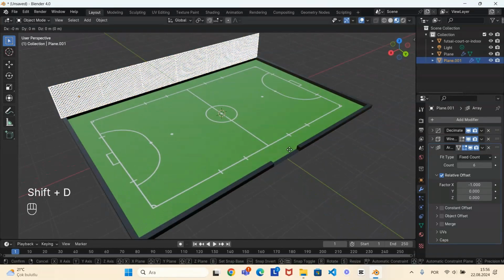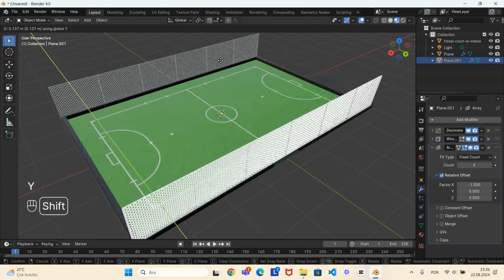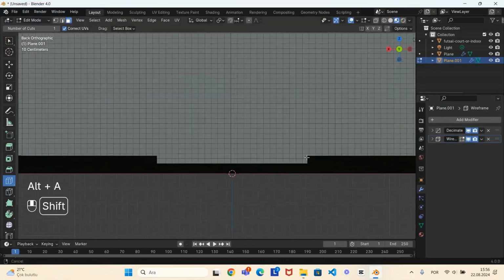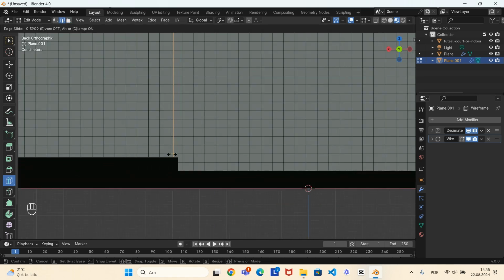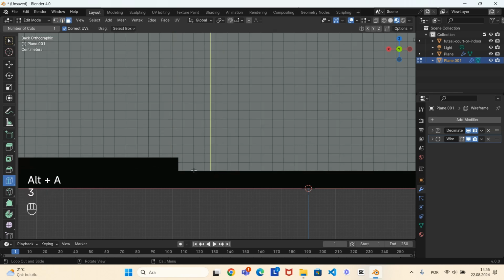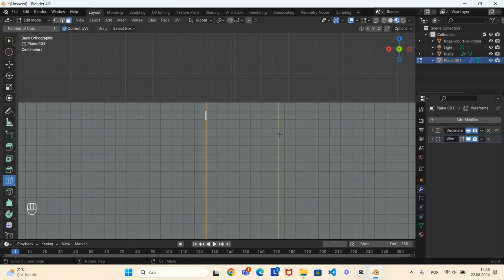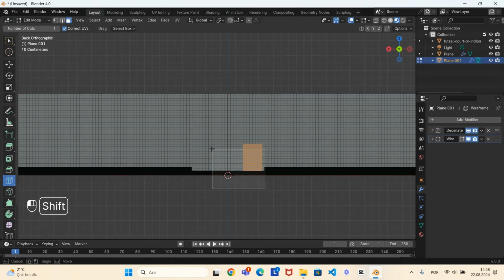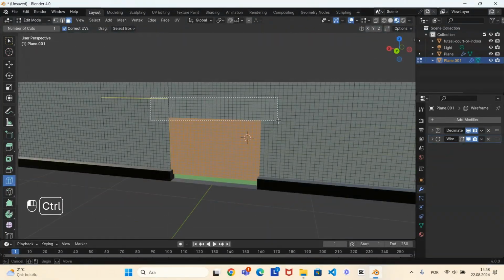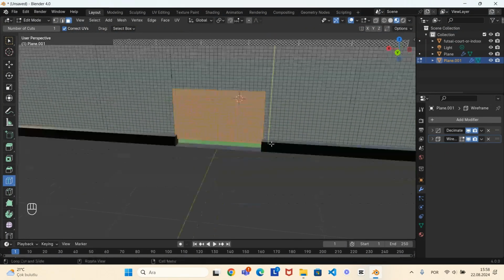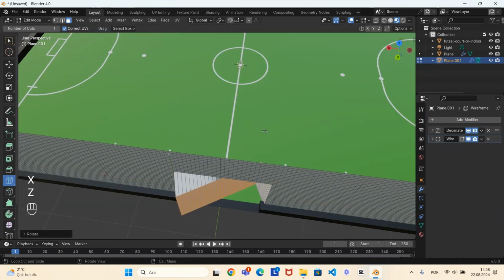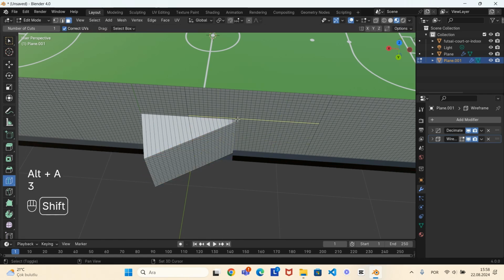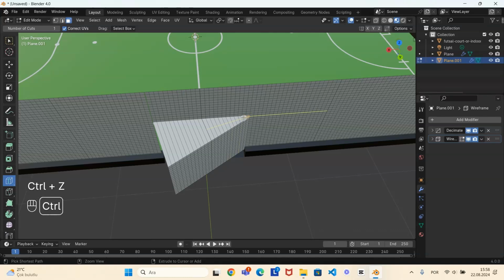After that, duplicate it, then put it over here, and apply the array modifier, deselect all, and then add a slight loop cut here like this. Then select these faces, delete that face, and then select these faces, rotate them on the z-axis, put it over here, and then select these faces,